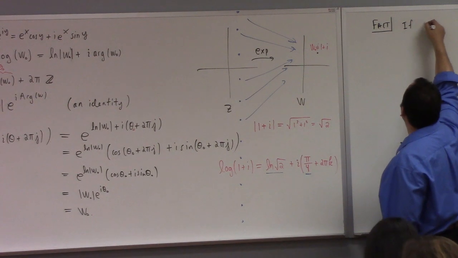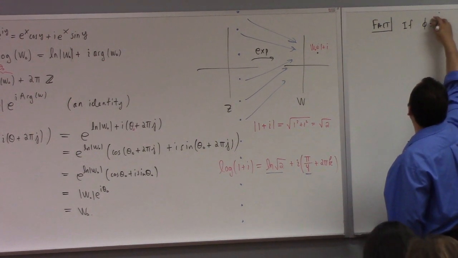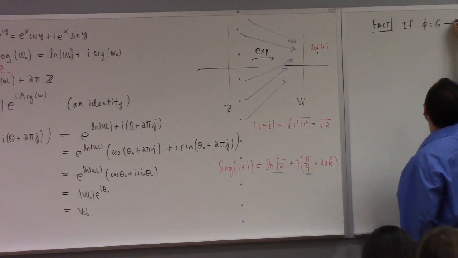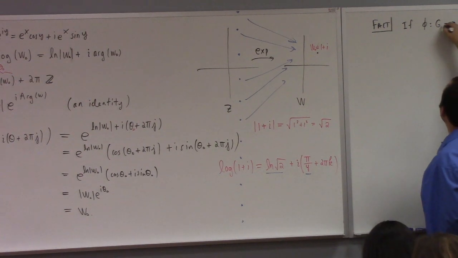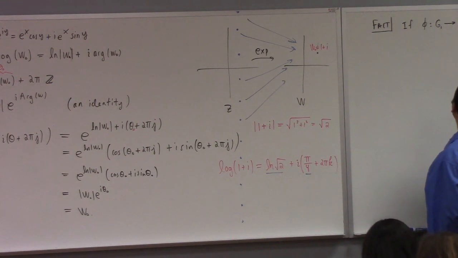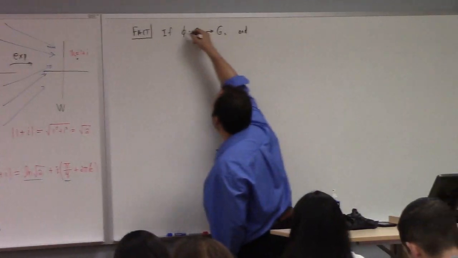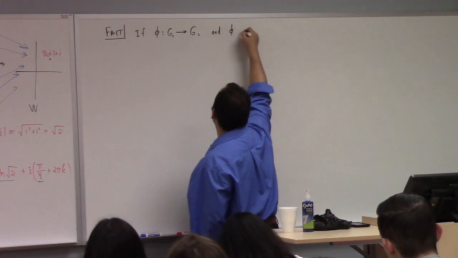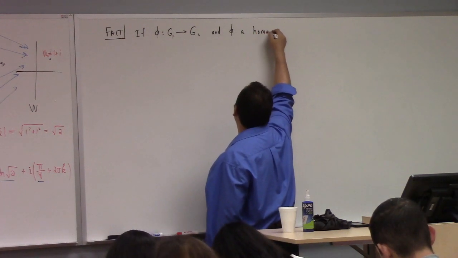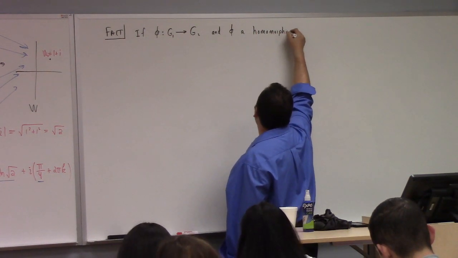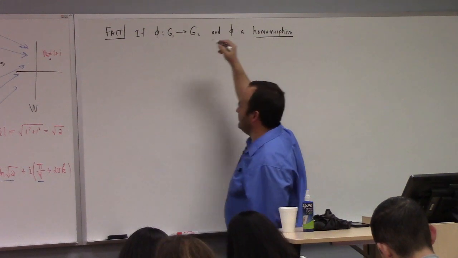If phi is going from, let's say, G1 to G2, and if phi is a homomorphism, all right, then